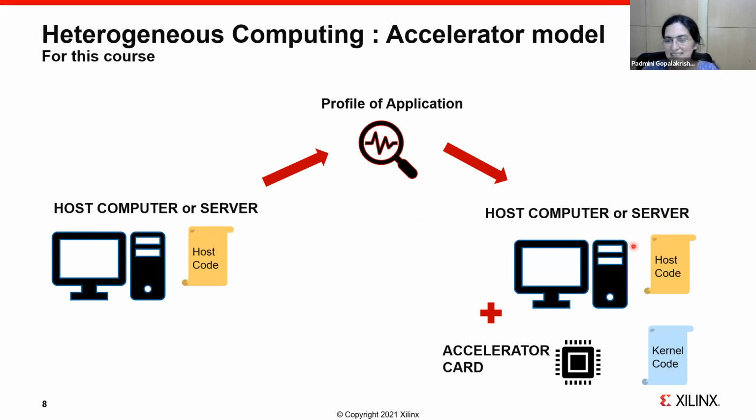This is more just conceptually for you to understand. So when we say you're using an accelerator here, it could be just one. It could be many. It depends on what you want to accelerate, and based on the application, what is the workload that you need to accelerate? What are the kind of chips you have available as accelerators? How many of them do you need?